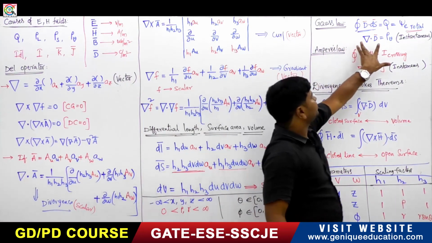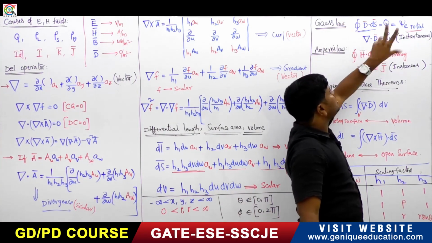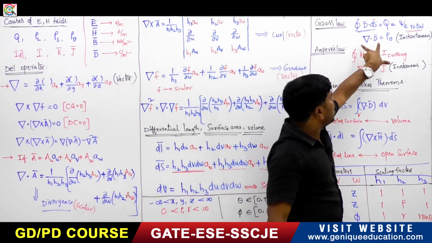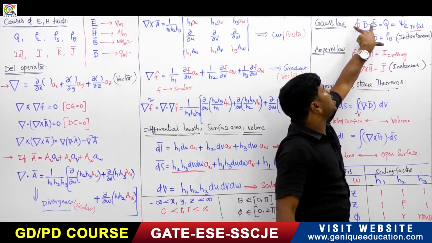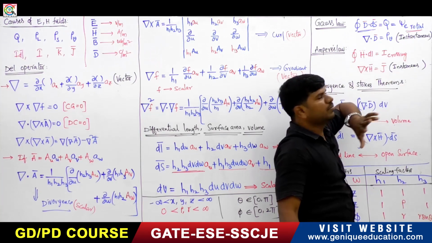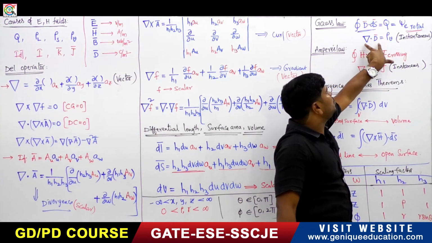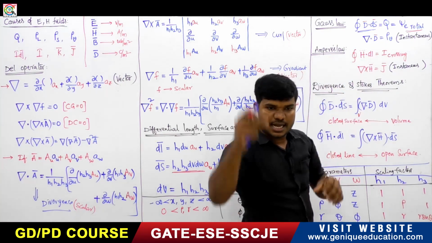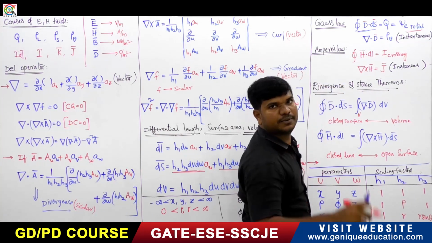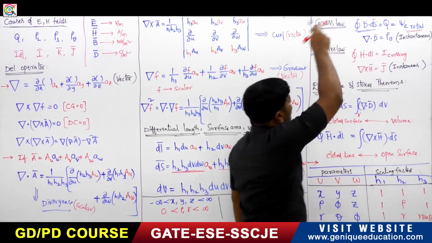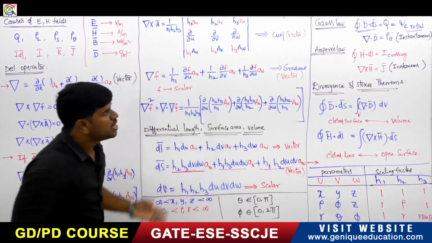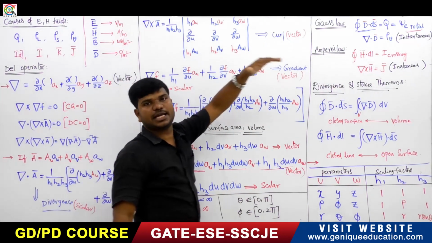This is called the Gauss law in the differential form. That is called the Gauss law in the integral form. The integral form is used to find the total effects in a region, and the differential form is used to find the effect at any point. So this is called the Gauss law. Similarly, if you come to the magnetic field,